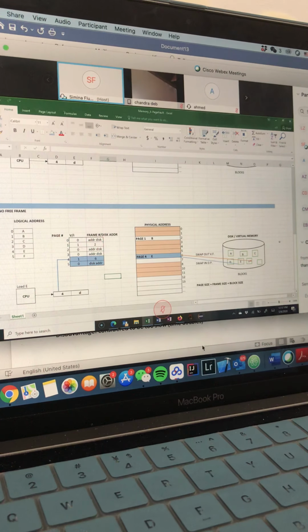Just an introduction to the performance of demand paging. The fact of having a page fault creates a lot of overhead, because if we don't have a page fault, then the overhead is taken by accessing the page table. We discussed this when we went over the performance of paging. So depending on how the page table is implemented, in registers or main memory, or we have a TLB, we have different overhead.